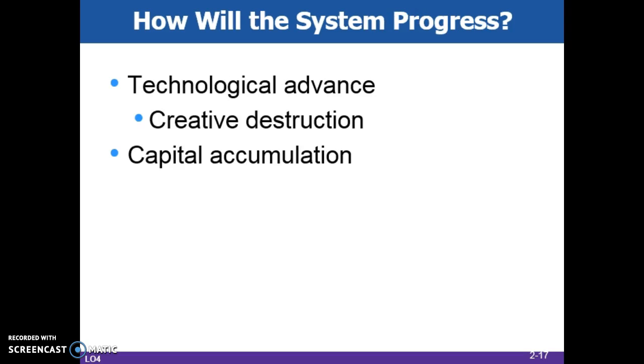The market system promotes technological improvements and capital accumulation. An entrepreneur or firm that introduces a popular new product will be rewarded with the increased revenue and profits. Thus, the final question of how will the system progress is answered through invention and innovation in a market system. New technologies that reduce production costs and thus product price will spread rapidly through the industry as a result of